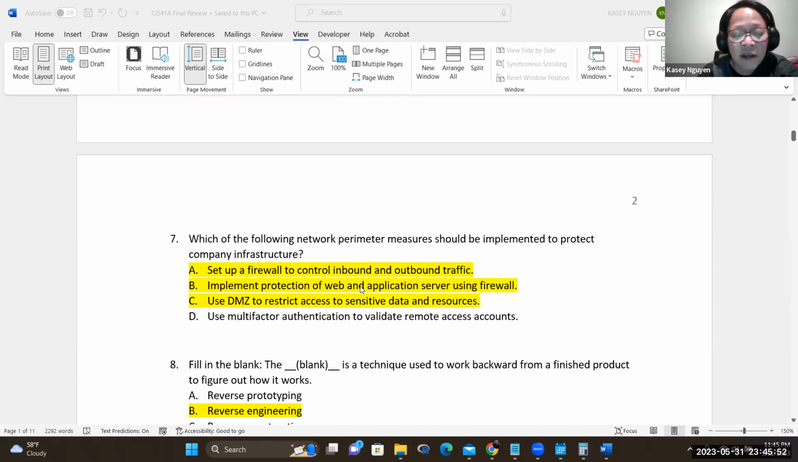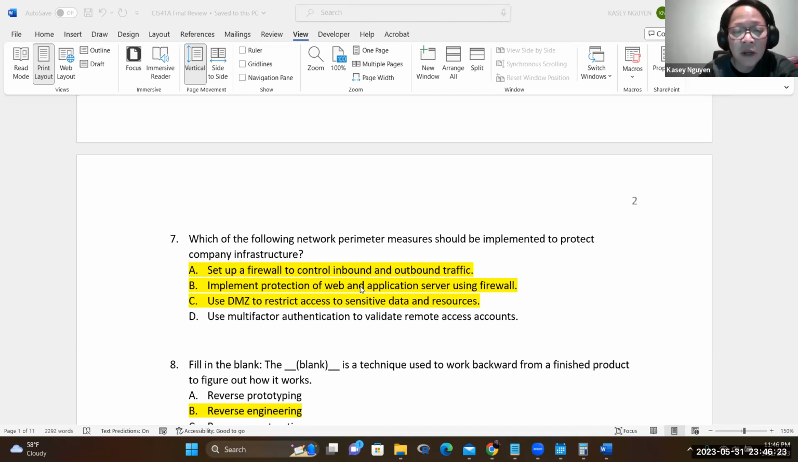Question number 7, which of the following network parameter measures should be implemented to protect company infrastructure? For the final exam, you would only have one correct option, but for the review, we want to select A, B, and C. A, we need to make sure that we set up a firewall to control inbound and outbound traffic. That means that we want to make sure that we block and allow specific types of traffic that's coming in